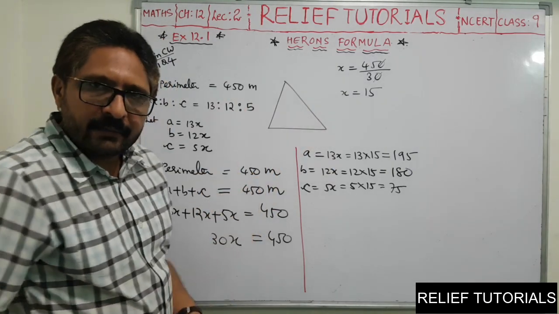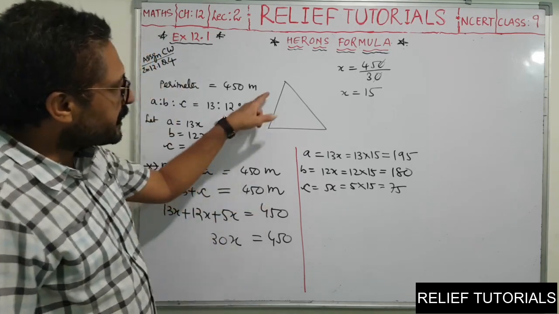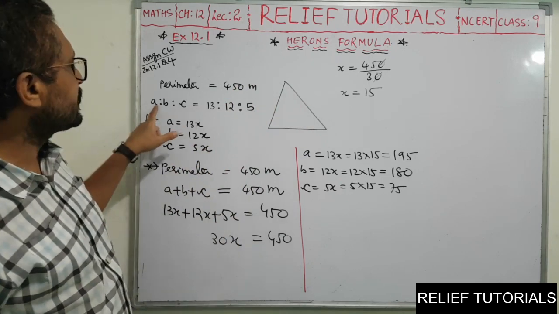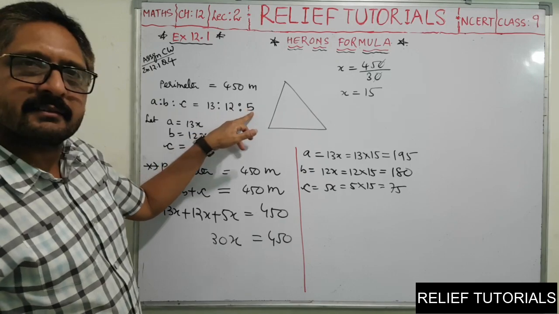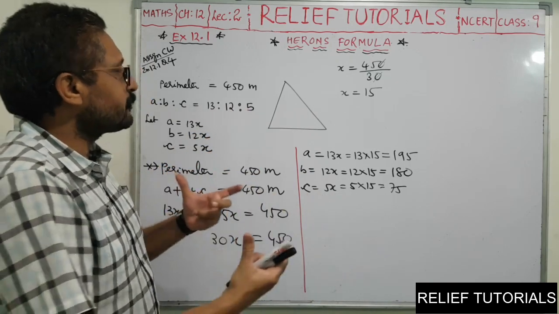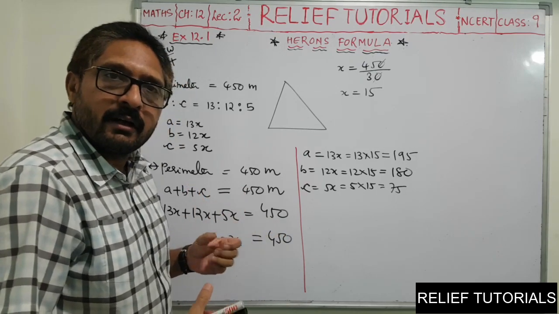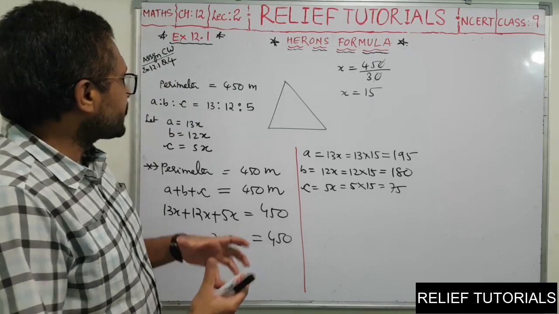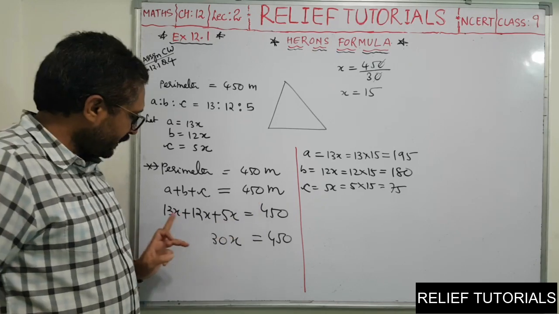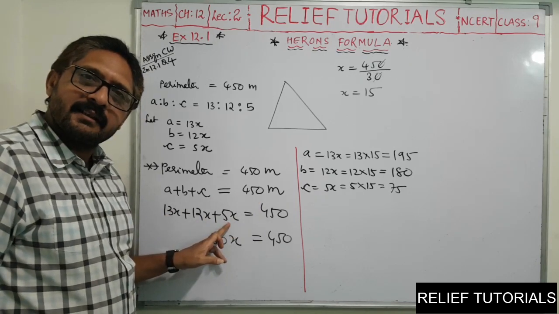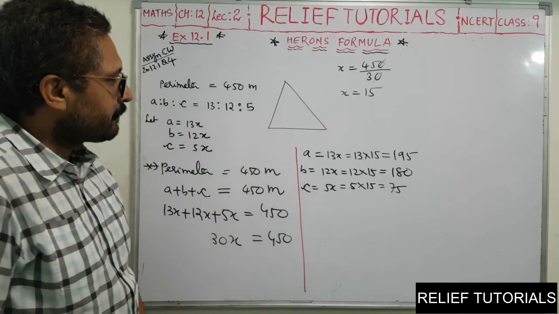See the journey. Here ABC was not given directly. Instead, they have given the ratio of the measures of the sides. The ratio is 13 is to 12 is to 5. So A 13x, B 12x, C 5x. And one equation was created. I told you in order to find any unknown value or variable, you require an equation. So here, what is the equation? What relation do we have? The relation is that the perimeter is 450. Sum of three sides equal to 450, and measures of three sides are here in terms of x. We got an equation. We can find the value of x. Here, now we got ABC.